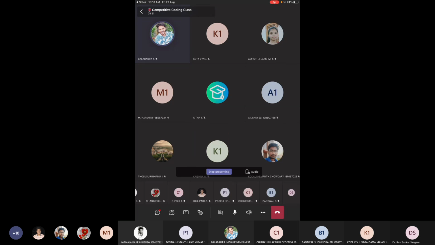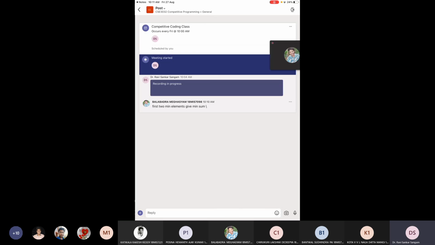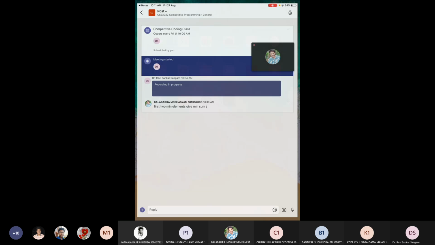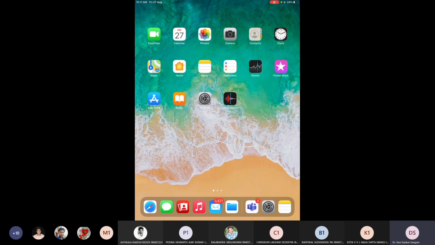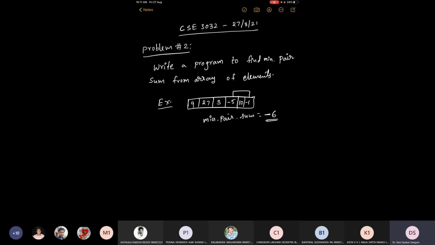Okay, fine. But what will be the time complexity of such an algorithm? How many scans do you require? Big O of n square, I think, for two loops. In that case, can't we make it linear time? Always think of linear time complexity for this kind of problem.